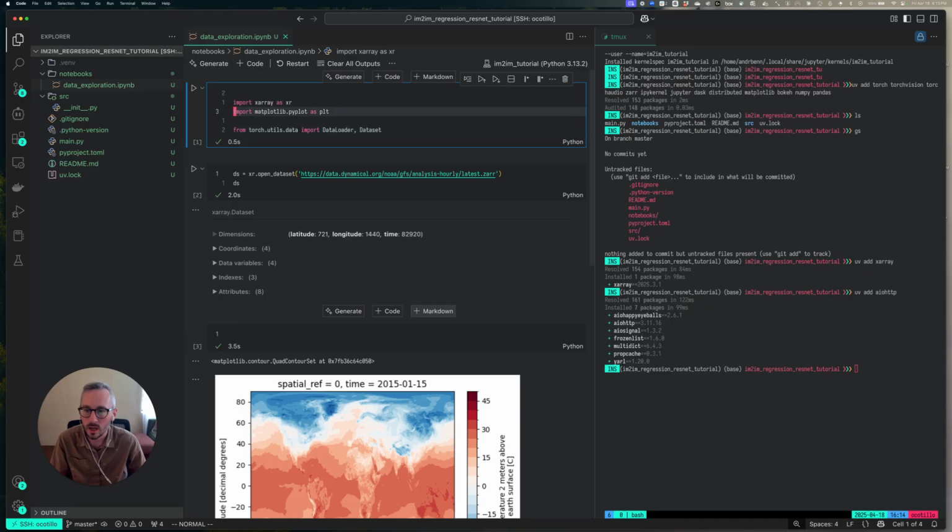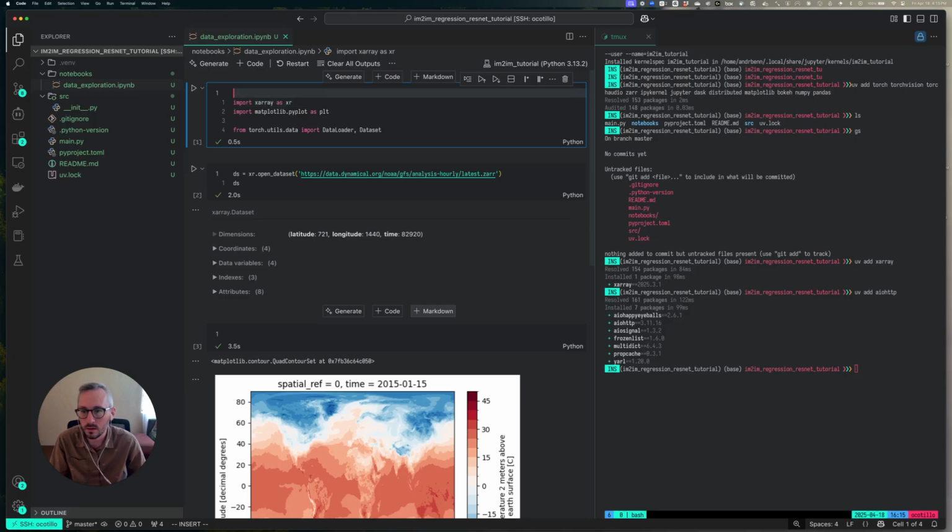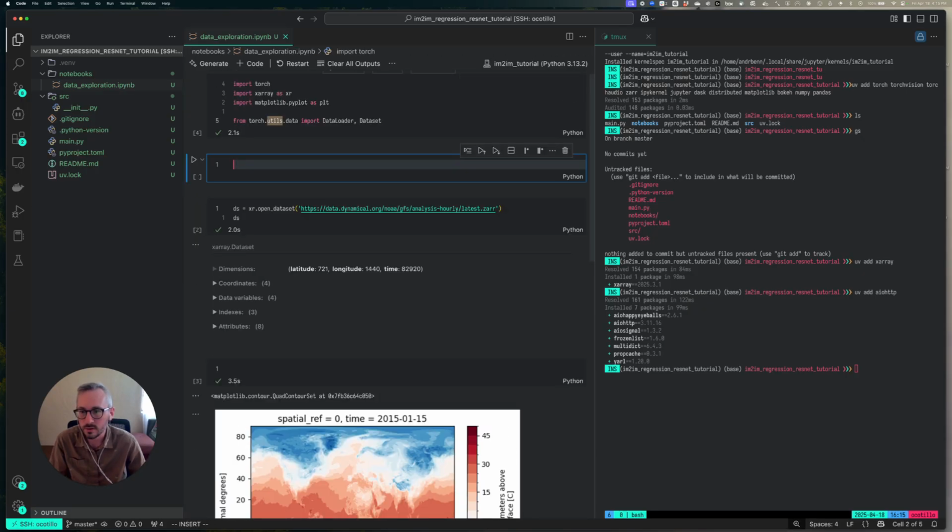Okay, so I know that we're going to want to put this in a torch dataset. So I'm going to re-import some stuff. And the other thing I'm going to really quickly check is